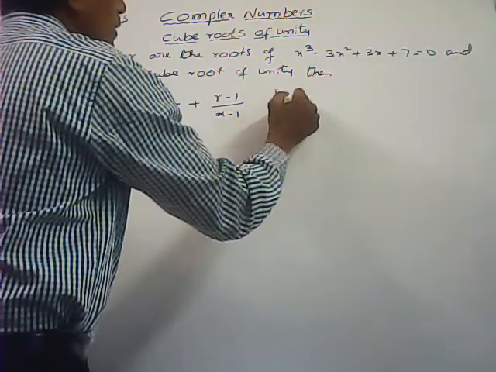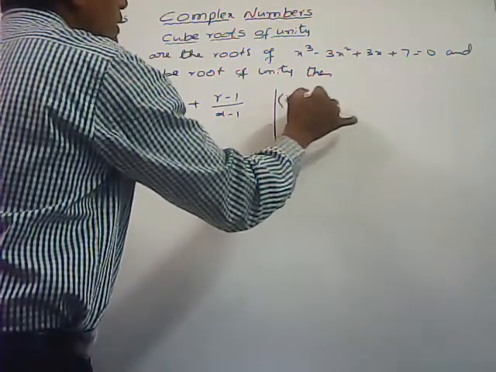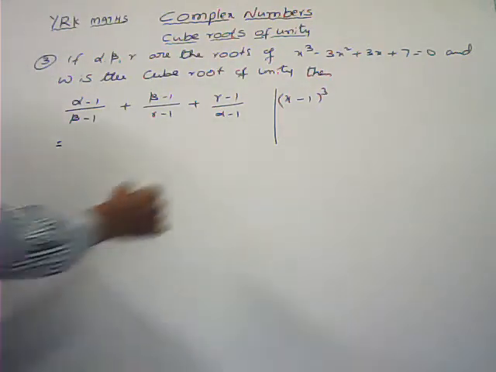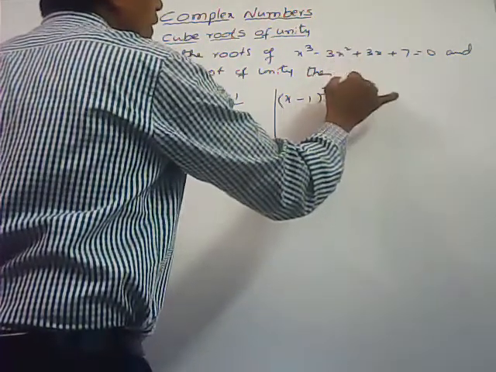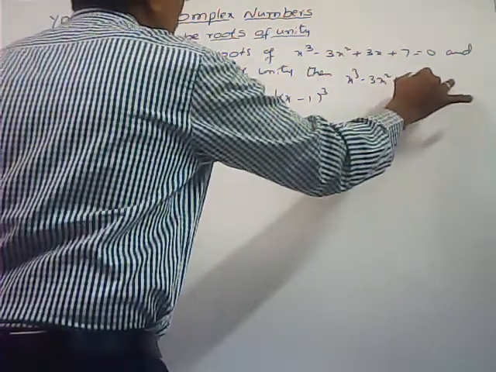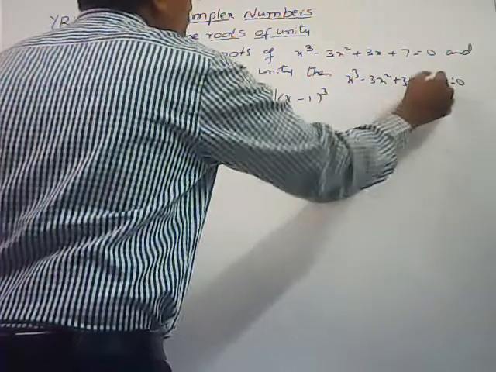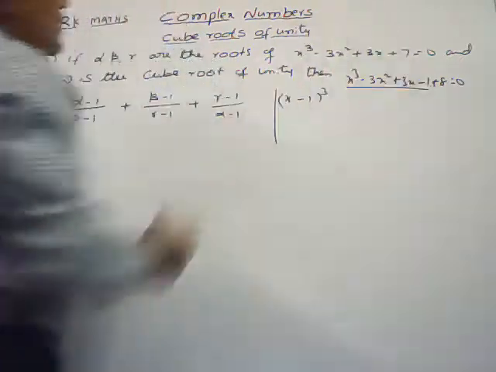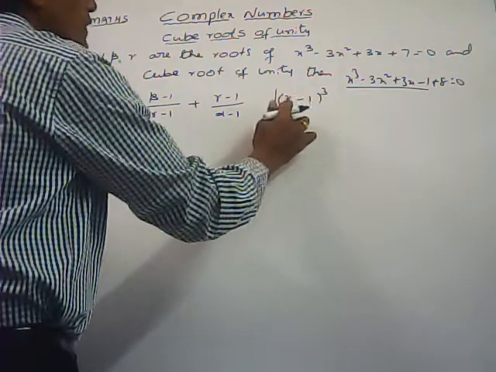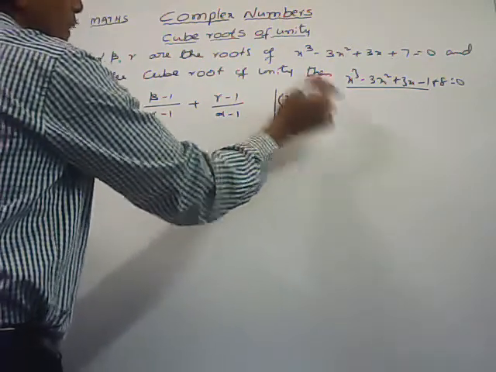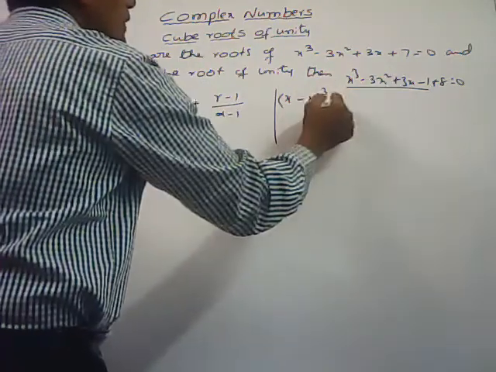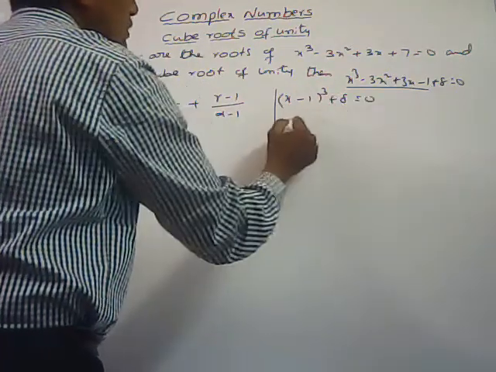Here this one we can write x minus 1 whole cube. If I expand that one, otherwise in the place of 7 we can write x cube minus 3x square plus 3x minus 1 plus 8 also we can write. Now by observing this one, that is the formula for x minus 1 whole cube. x cube minus 3x square plus 3x minus 1 plus 8 is equal to 0. So just now we solved that one.